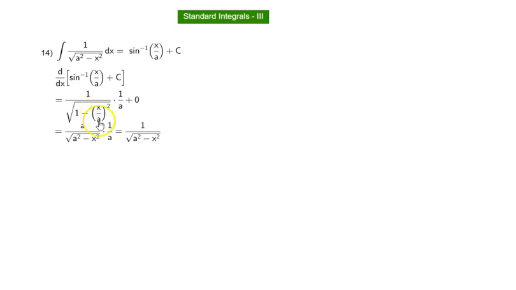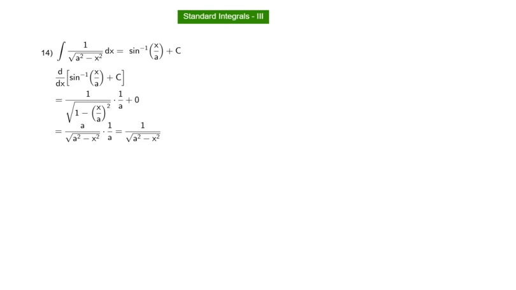This is x square by a square. So this expression becomes a square minus x square by a square. So square root of a square in the denominator comes out of the square root as 1 by a, and since it is 1 by a, it goes up. So we end up with a by square root of a square minus x square times 1 by a cancels, and we are left with 1 by square root of a square minus x square, which is what is there